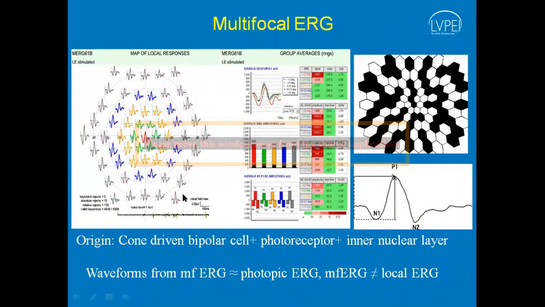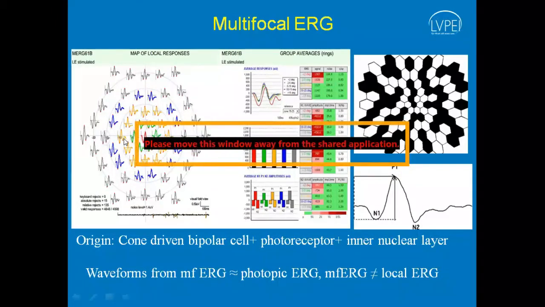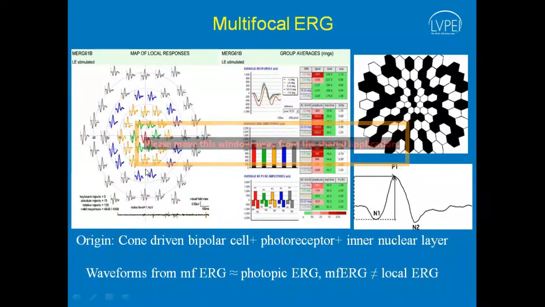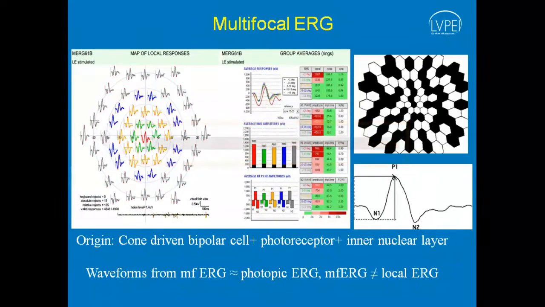That is why more than the absolute value, the change in the topographic array is important in the multifocal ERG. Suppose you have low amplitude waves from this region, you know that the pathology probably is related to the perifoveal area. Suppose we have a wave which is stunted at the fovea but preserved at the periphery, then you know that probably the fovea is affected. Then there are different programs to compare the superior hemiretina with the inferior hemiretina and so on.